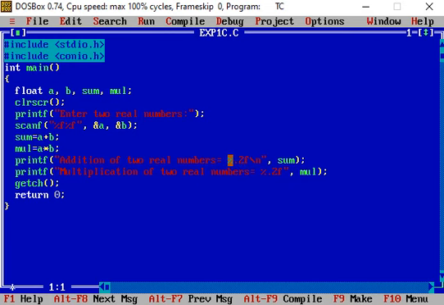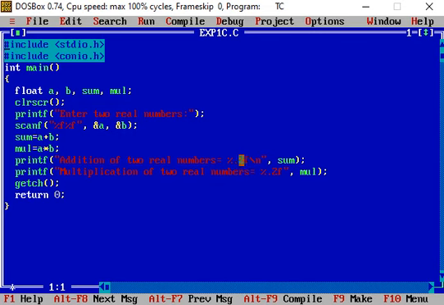The .2 is to display two digits after the decimal point, because the default number of digits after the decimal point is 6. So instead of displaying 6, if we write .2, then only two digits after the decimal point are displayed.